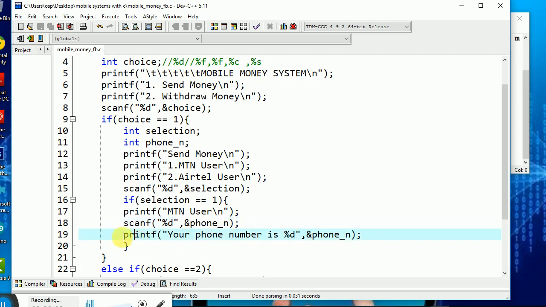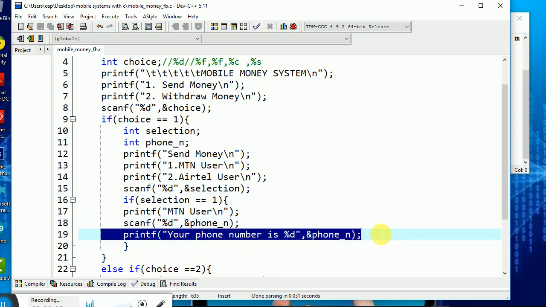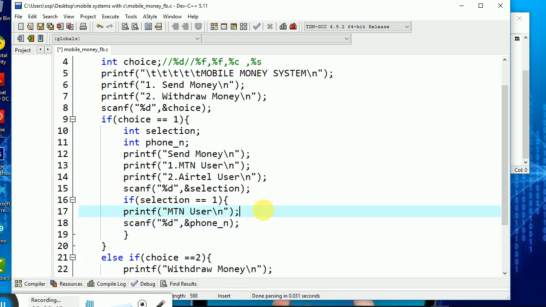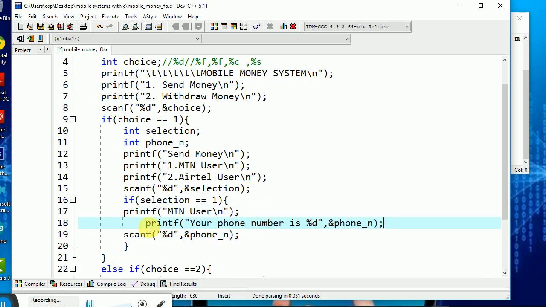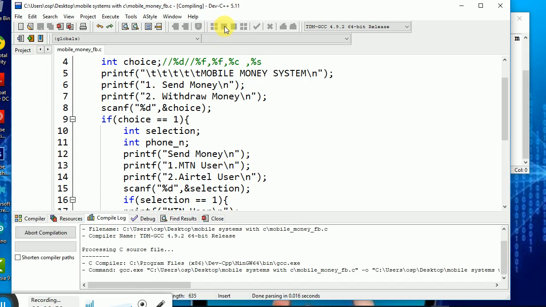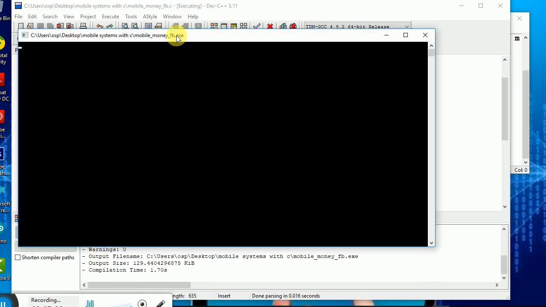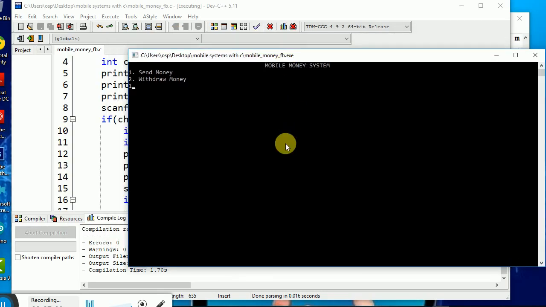So I may just come back here and just cut this off. So this is going to be on top of this part of the system. The good thing with C is that it is not like Python, which has a lot of rules. In Python you cannot even put a lot of tabs along your piece of code. So that's the good thing with C. If I try to run this system again now, it should be in a position to scan for us the user's phone number. If I enter 1, it will simply tell us enter phone number.